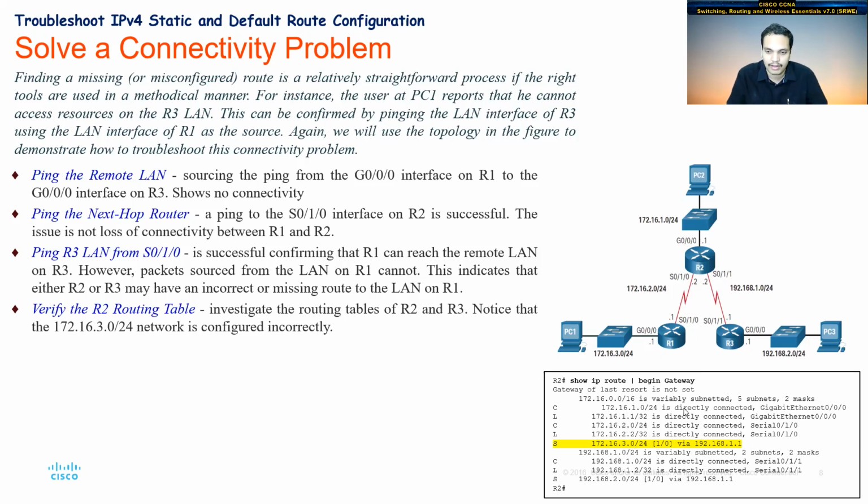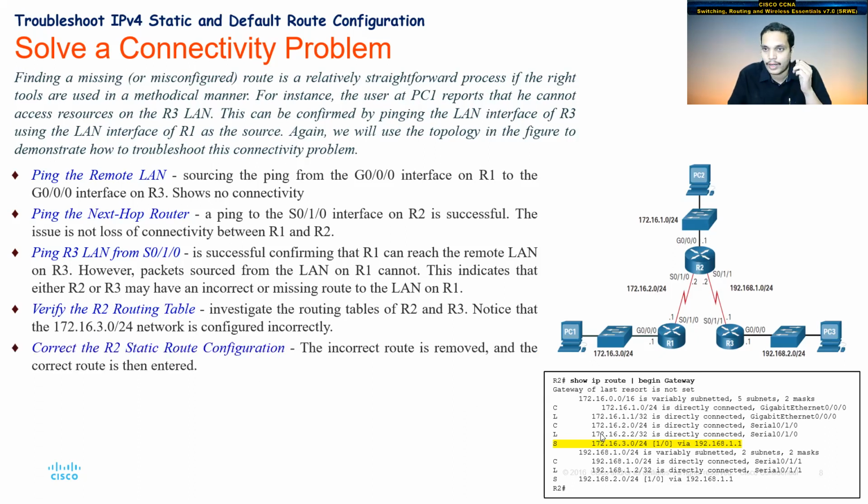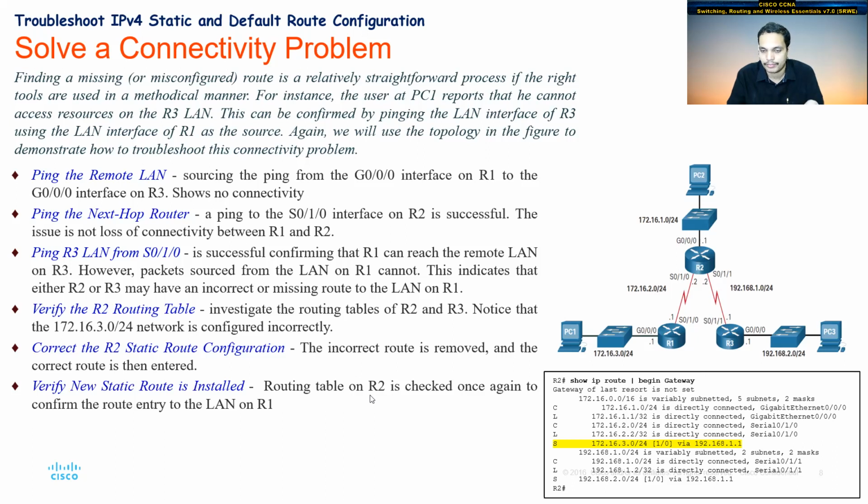Maybe a different subnet mask was entered, and you also need to check the static routes, whether the correct network is mentioned or not, whether the next hop IP address is correct or not. Sometimes the network address might be given wrong, because human beings enter these things, and there is a good probability that mistakes can be made. So in this particular example, you can see that the R2 static route configuration is wrong. So you need to remove it by using the no command. So no IP route, then you can remove that command, and you enter the new correct route.